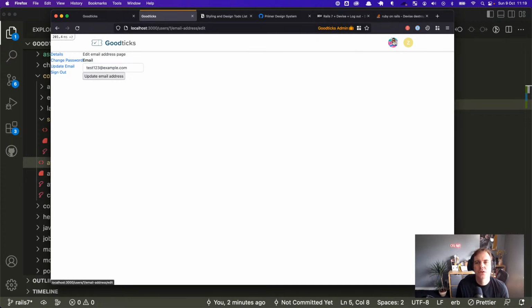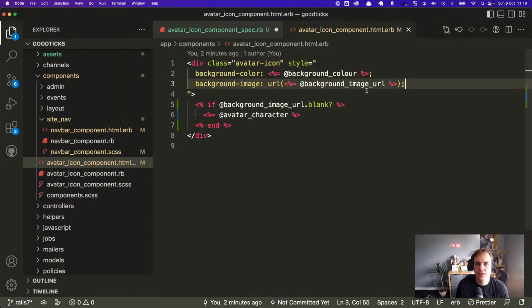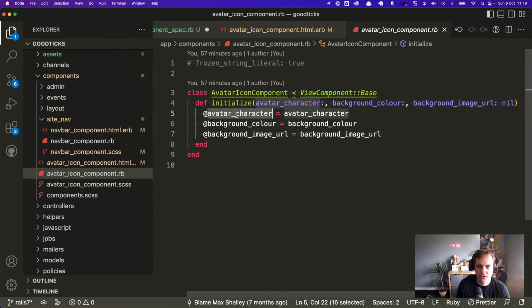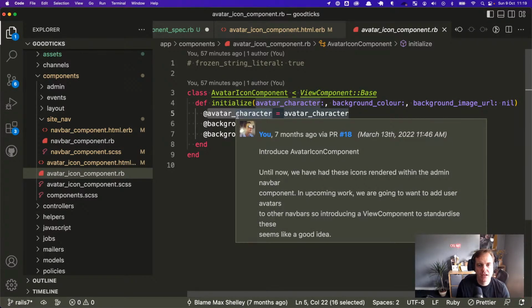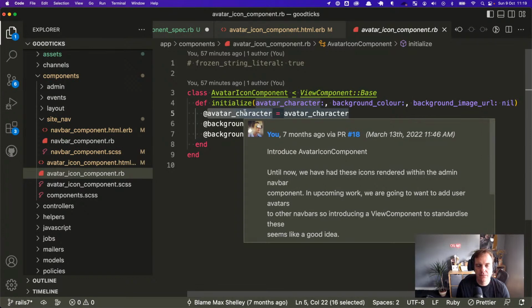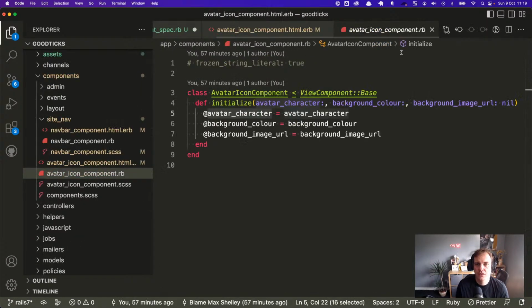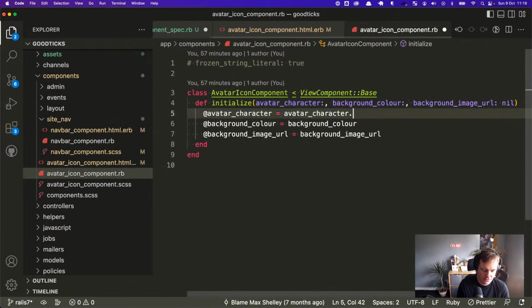Okay, so the API for this ViewComponent is avatar character, background color, and background image URL. And the logic we've just added is, if there's a background image, don't show the character. Well, what happens if I pass the first name to the avatar character? Should I just take the first? Should this be dot first, which I think works if it's a string,